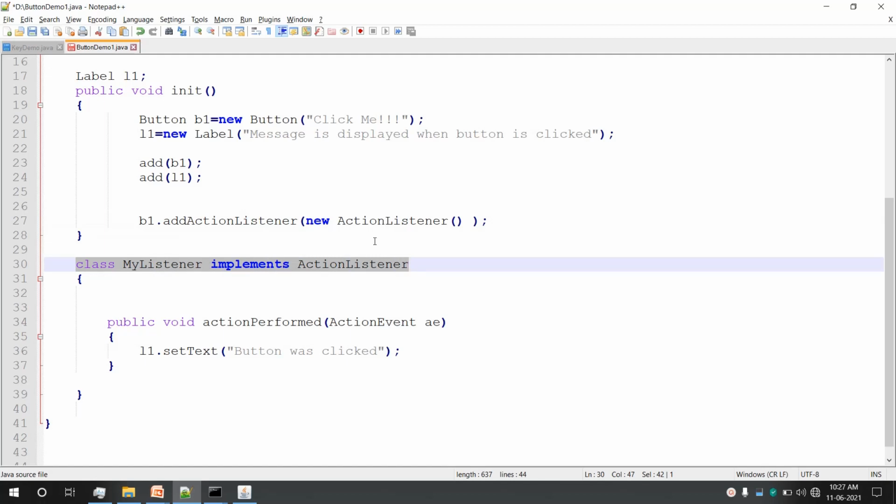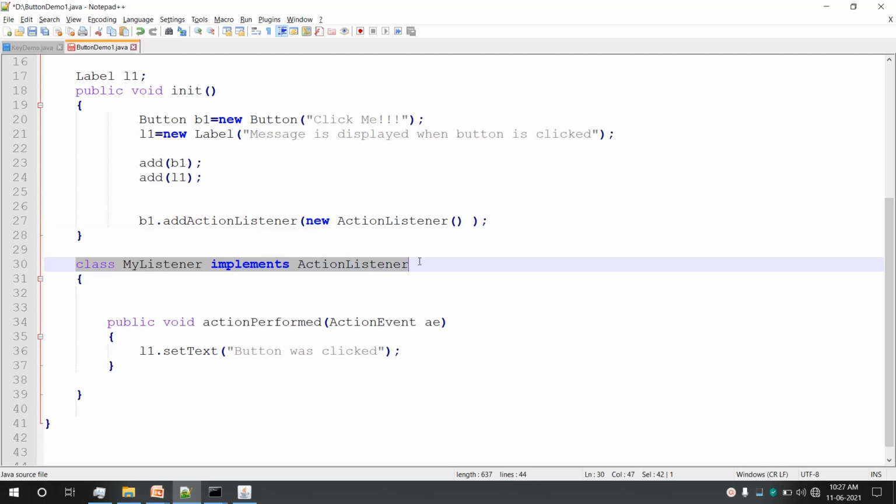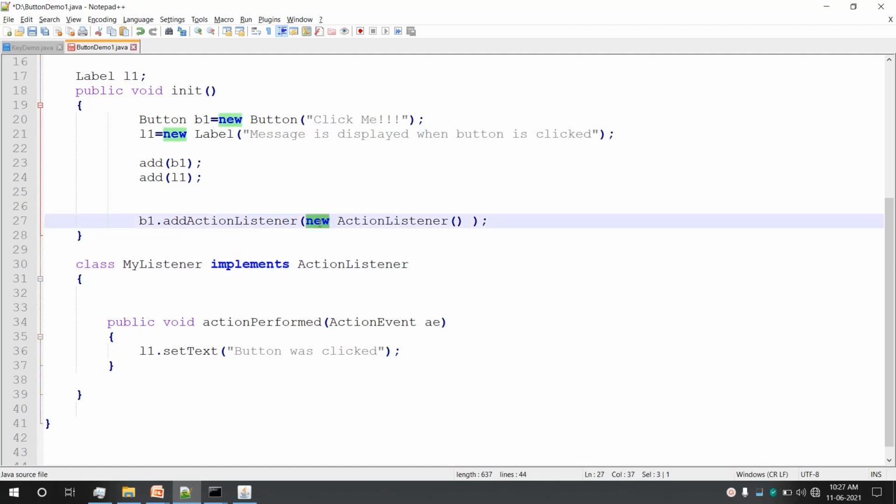Try to understand this, because all the subsequent examples which we are going to study hereafter will use anonymous inner classes to handle the events. So this line which we have declared now up till here is equal to this particular line. We have created here a class which has no name, and that class is inheriting the action listener interface. Now the first line is declared. After that we have to continue with our code.